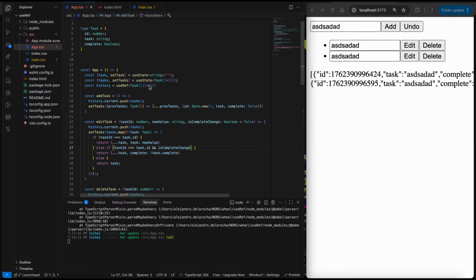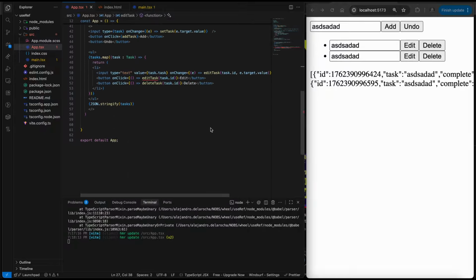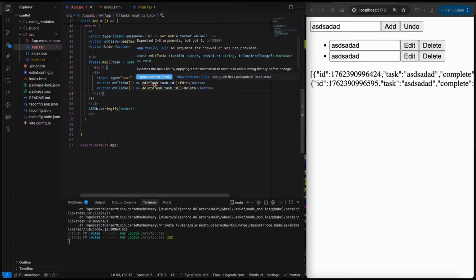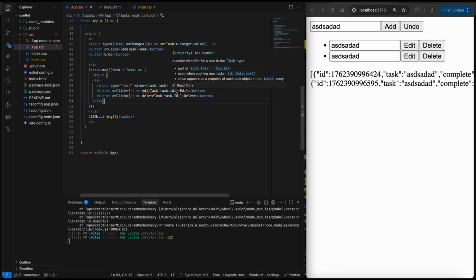Edit task false. Edit task. What's there? Expected 2 or 3, and it just got